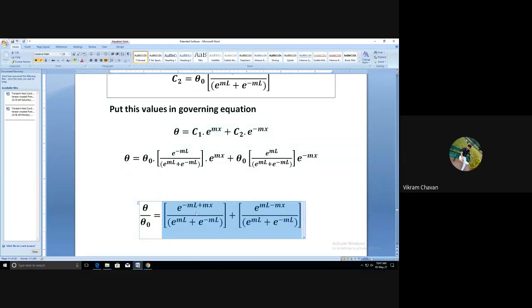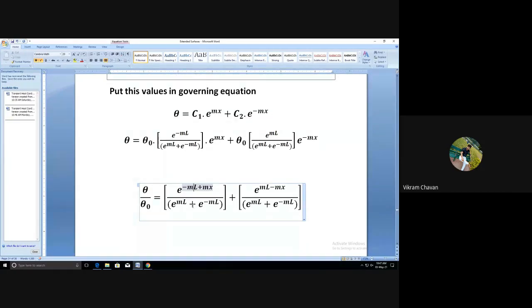Now from the numerator side, here we want the base to be common. In both the terms the base is common, that is e raised to ml plus e raised to minus ml here, and here also, so the base is constant. Denominator is the same, so we can perform the addition of numerator. Before performing the addition, we have to convert this numerator by taking m common, in such a manner that we can convert that particular equation into a hyperbolic term.